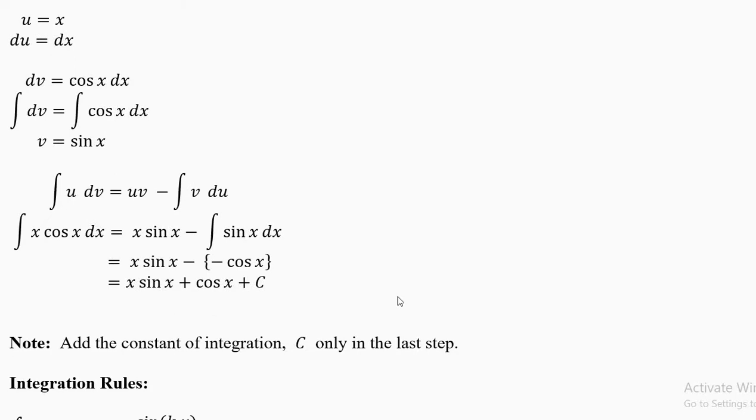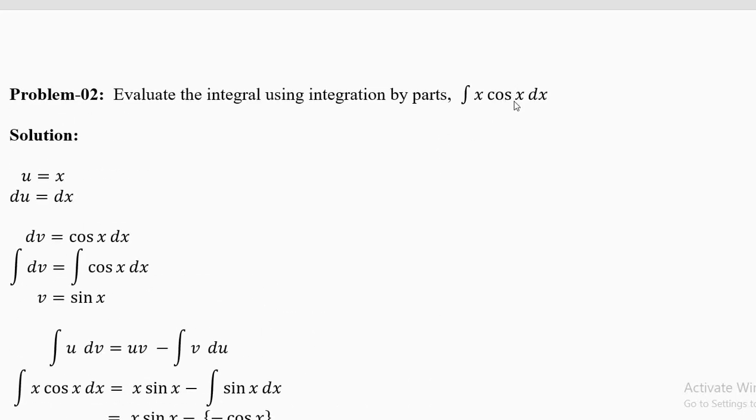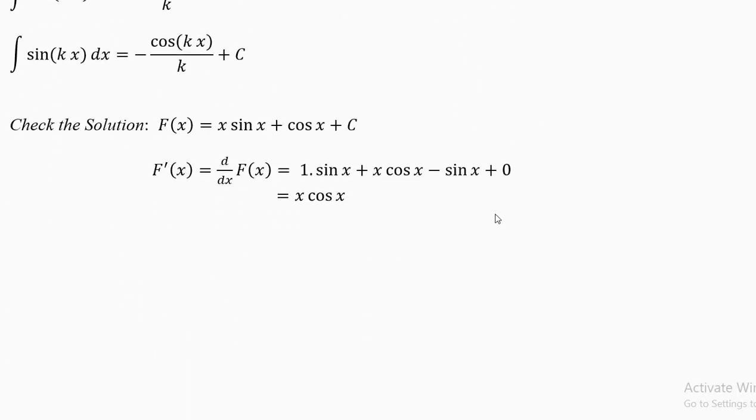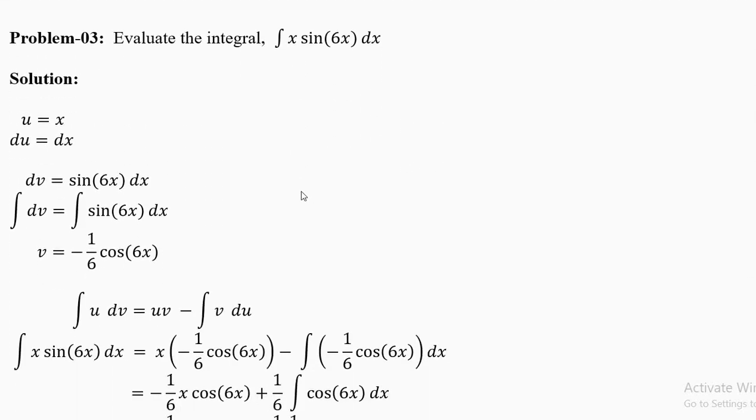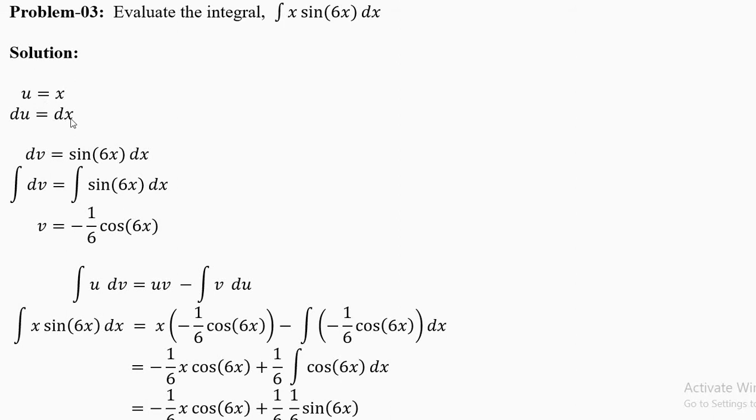Now in this question we chose cos x. It is cos 1x. Now we'll do a question with a number inside. Now integrate x sine 6x, u equal to x, du equal to dx, dv equal to sine 6x dx. Just remember that you have to copy everything from here in two parts. One part goes to u, remaining part goes to dv. Now integrate. Integration of sine 6x is minus 1 over 6 into cos 6x.